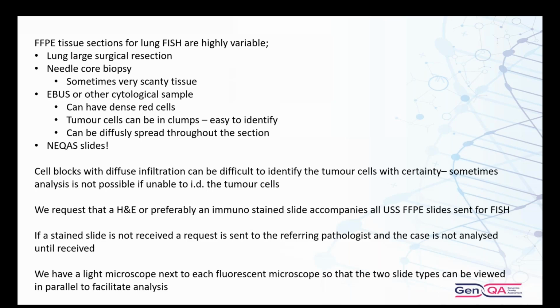The tumour cells can be in clumps in cytology samples, and they're really easy to find. But then if you've got a very diffuse infiltration in your cell block and you've just got random scattering of tumour cells, then that can be really difficult and really challenging. And then you've got NECAS slides, which can also be challenging because they're quite different to most of the other